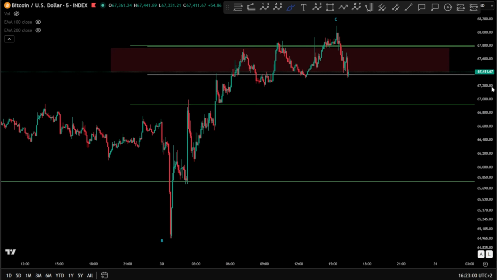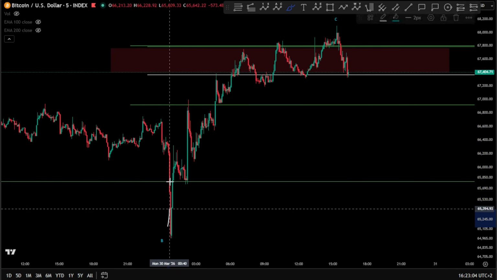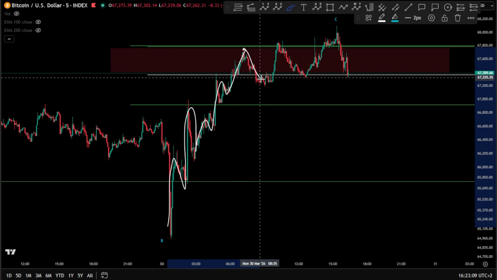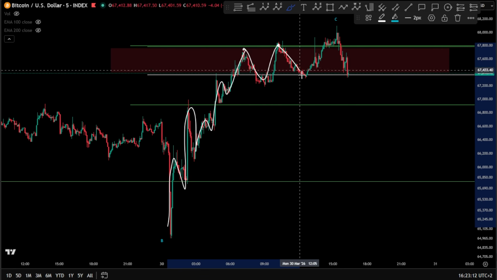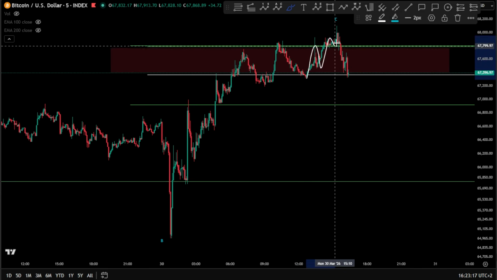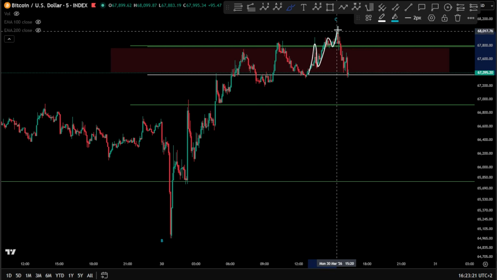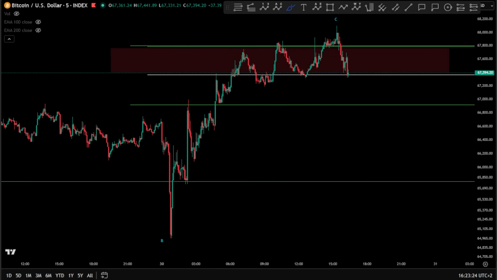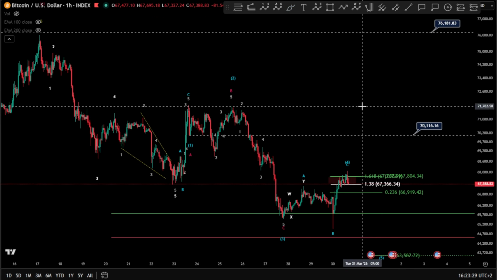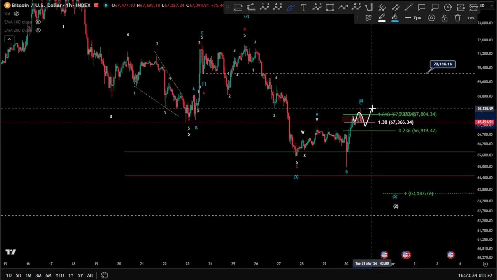We have to go into the 5-minute here. Even in the 5-minute, if this is a 1, 2, 1, 2, 1, 2, 3, 4, 5, for wave 3, then 4 and a 5. Okay, it can be. Again, even inside it, the wave 5 is a little bit creepy here, unless we're going to take it as an ending diagonal. So yes, it can be the end of it, or it still can be, as I explained, an expanding flat in the top, a smaller one, like kind of like this, and then pushing one more high